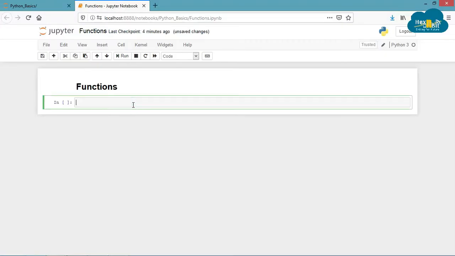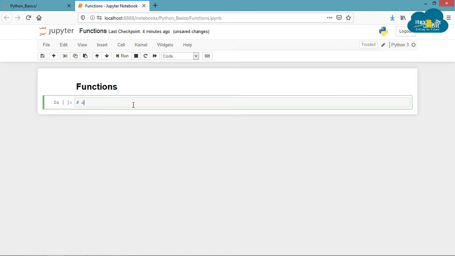Suppose in a program you need to perform multiplication operation on two numbers at various sections of your code. There is no need to write the multiplication logic every time. Instead, you can create a user-defined function which will handle the job every time you call it.